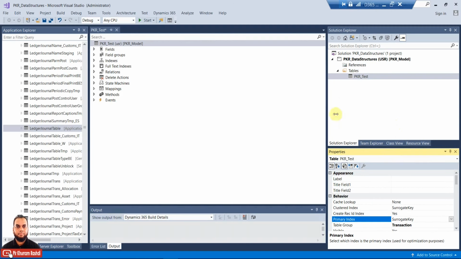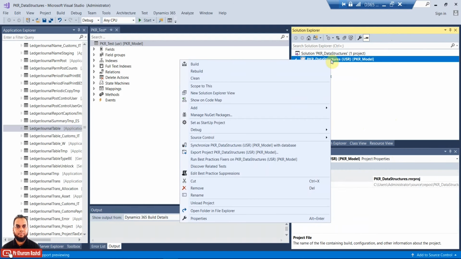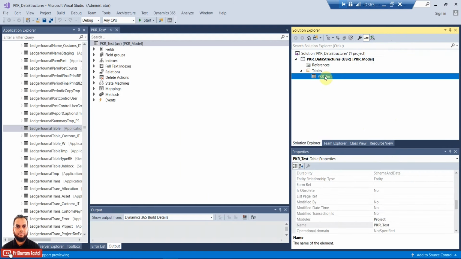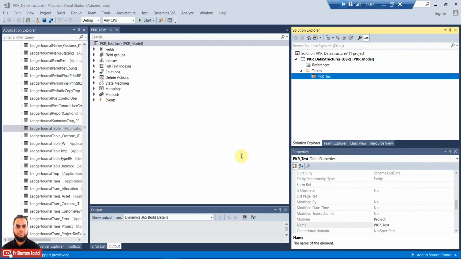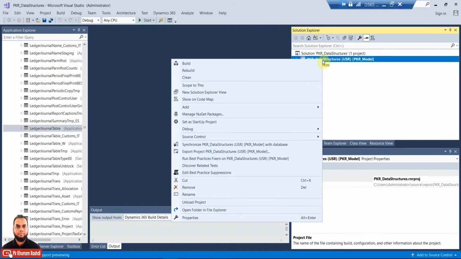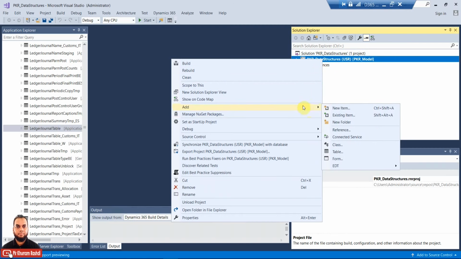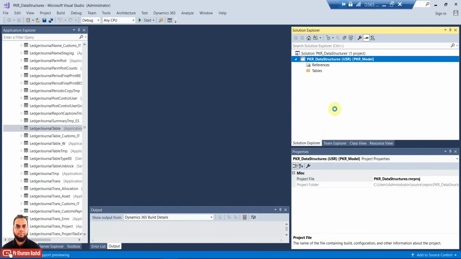I will create an enumerated type here. To start with, I will delete the table which I just created to explain, and add a new item.